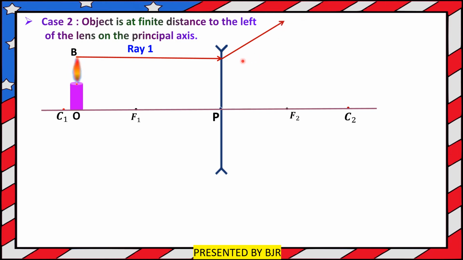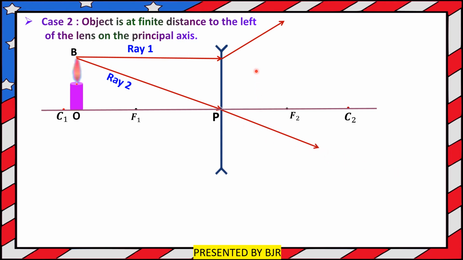You should not draw the refracted ray in whichever direction you want. You have to draw the refracted ray in such a way that if you extend it backwards, it should meet the focal point here. Later I will extend. Okay, so this is ray 1, the incident ray, and here is the first refracted ray. Ray 2, which travels through the optic center, will not get deviated. So this is the second ray, or ray 2, which is passing through the optic center, and this ray is undeviated; without deviation it passes like this.